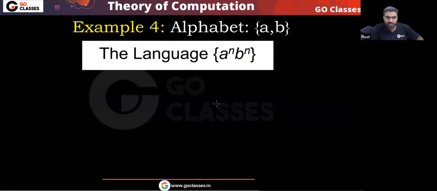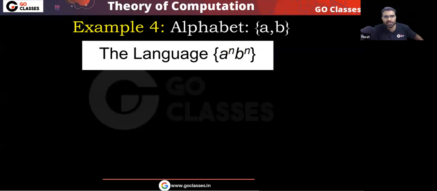In theory of computation, in automata theory, if I give you this, then what n will you take? Is n greater than or equal to 0? Is n greater than or equal to 1? What n will you take? Like greater than or equal to 10? What n will you take? I have not given you n.